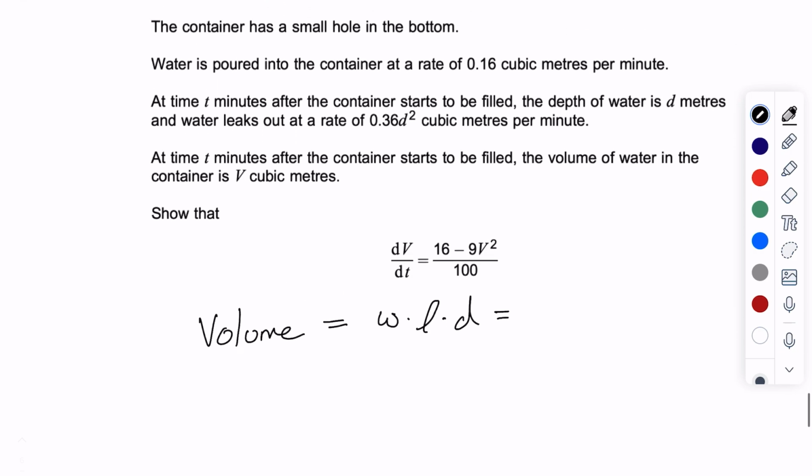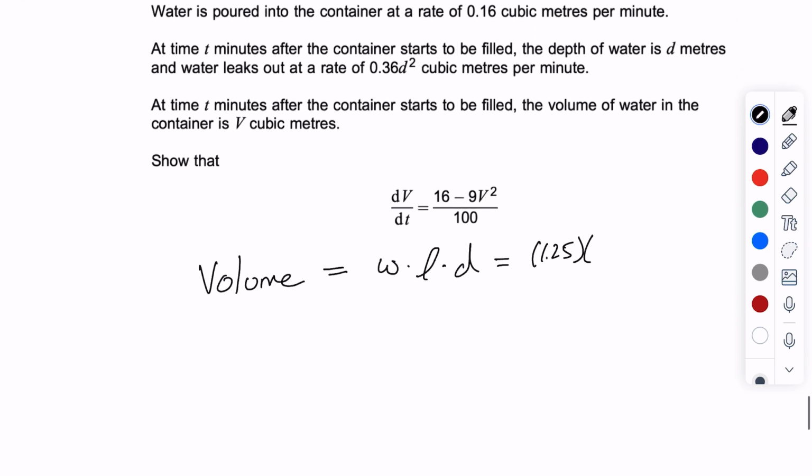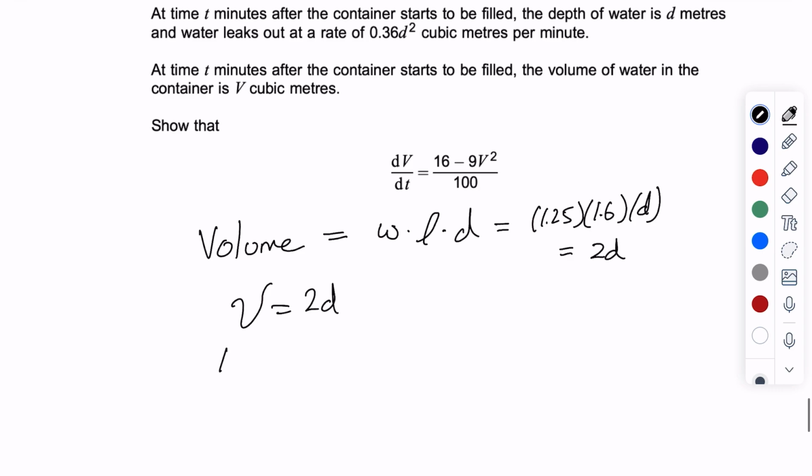And we know that the width is 1.25 meters and the length is 1.6 meters and the depth is d. So what we'll end up with is 2d. So volume equals 2d, and then our inflow is equal to 0.16, and our outflow is equal to